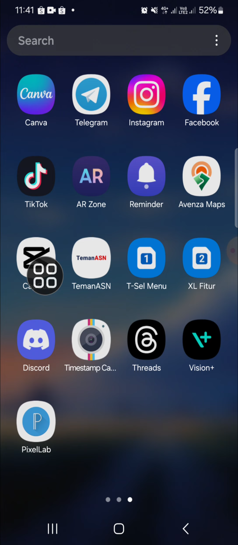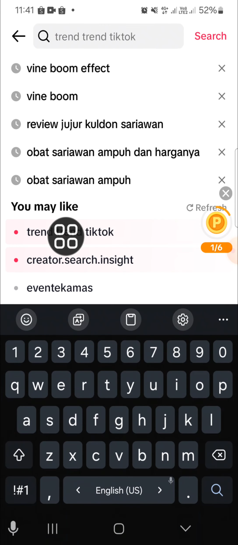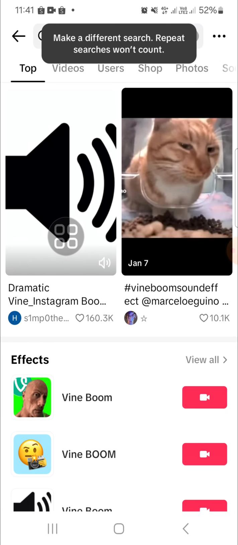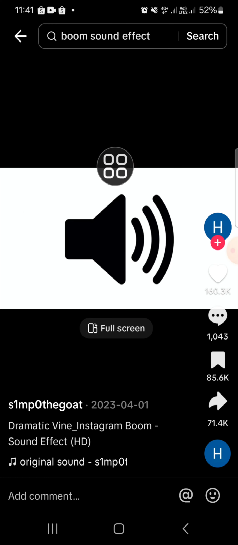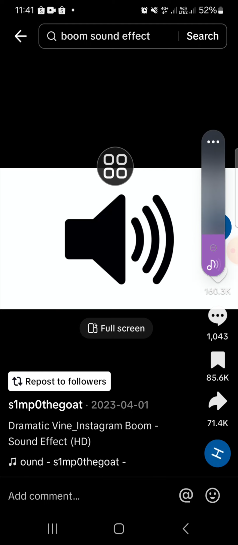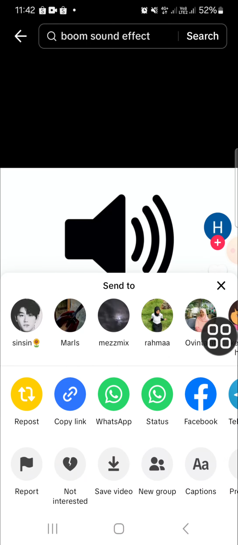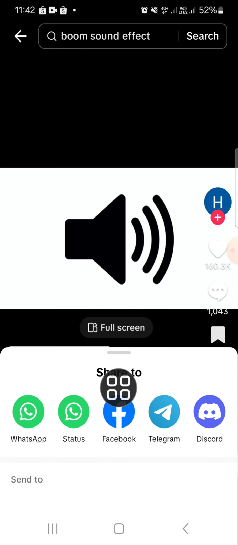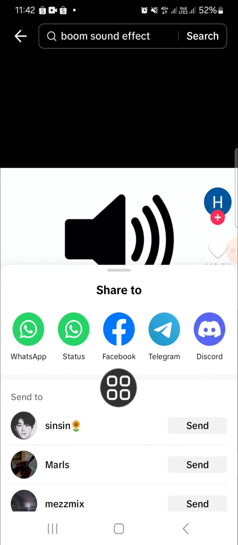And then you're going to get the Vine Boom effect from the internet. You can get it from social media or you can get it from YouTube as well. And I recommend you to go to TikTok and then search for the Vine Boom effect. You just need to type in Vine Boom effect, and I'm gonna go with this one guys. Okay, and I'm going to download this effect. We can click on this arrow and then select save video. Okay, now the video has been saved to my device, and I'm going to go to my CapCut and I'm